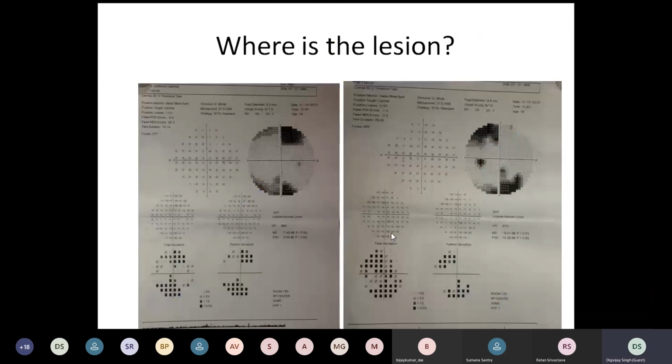Now let's move on to another one. Where do you think the lesion is in this field? Let's break it down again. This is a Humphrey visual field. So you must always mention this is a Humphrey visual field of a patient XYZ, age so and so, done on this date. The field is reliable because the fixation losses, the false positives and false negatives are within acceptable norms. It's a 30-2 program that has been used. So that's how you describe the field whenever you get a field.